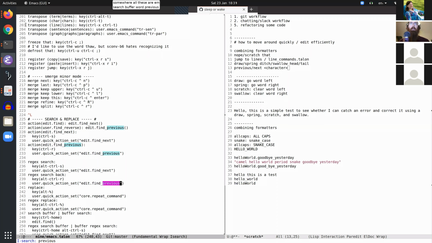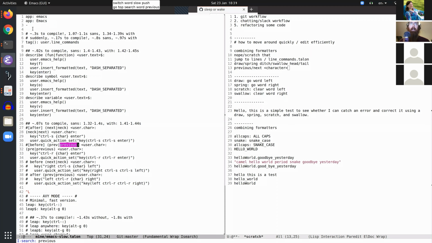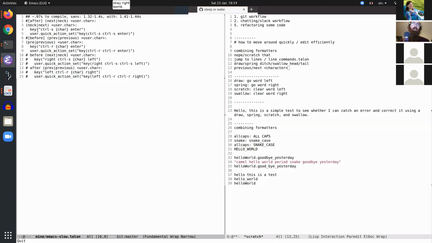What these basically do is allow me to say next followed by a character, and it issues a somewhat complicated sequence of Emacs commands to go to the next occurrence of that character. I really ought to wire this up so that you can use it in other editors, because this is a very useful command and probably easy to implement in other editors. But what it allows you to do is,